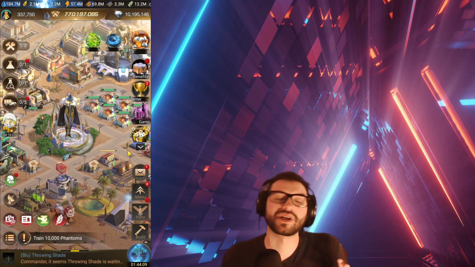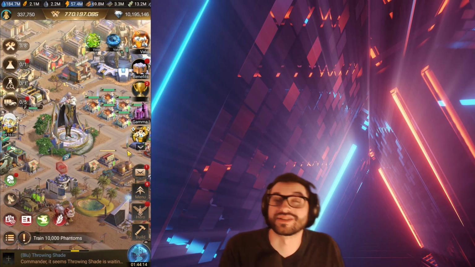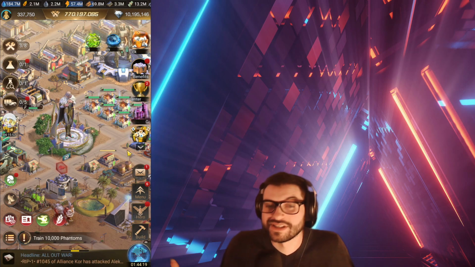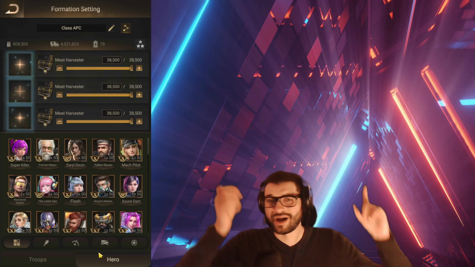In this video, I'm talking about crafting 5 APCs in your base. Because in the last video, I showed a bunch of APCs using the same or very similar heroes. You can't use all of those, obviously. You can't split the heroes, unfortunately. So, like I said in the last video, if you didn't watch it, it should pop up here and then